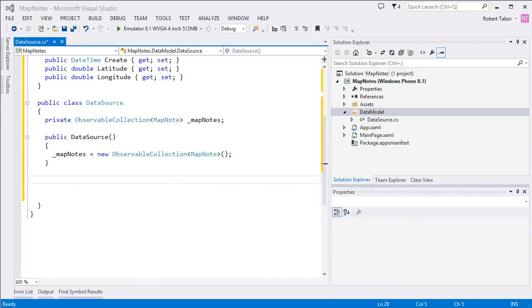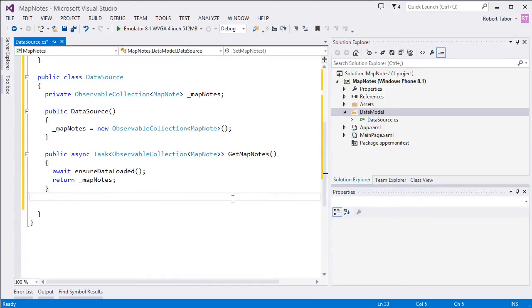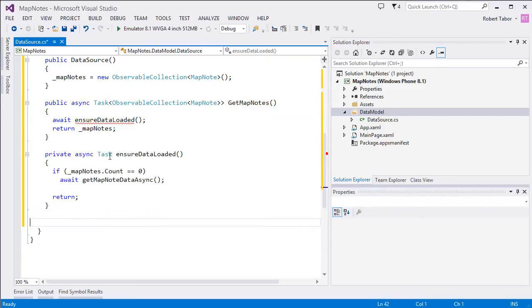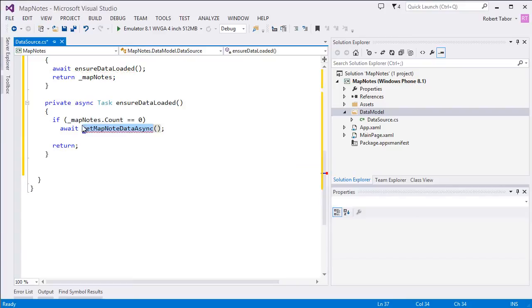We should be good to go then. All right, and so we're gonna provide a way to get at all of the map notes. Remember, we use this EnsureDataLoaded to make sure that the data has been loaded, and if it has not, then go about retrieving that data